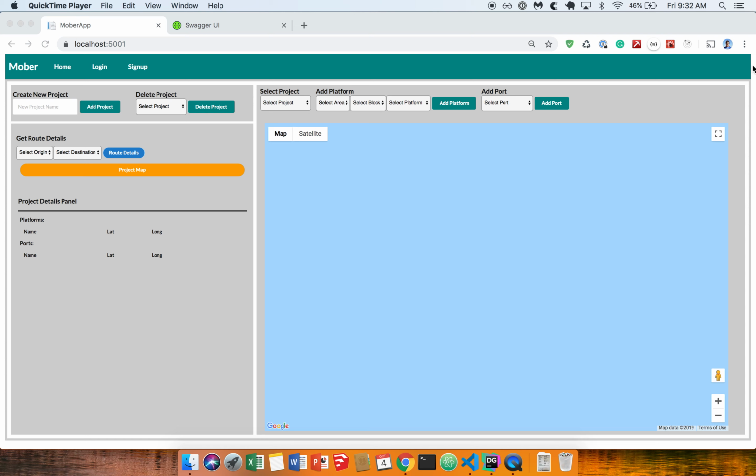My name is Brendan Brown, and I'm part of the software engineering program at Flatiron Houston, and this is my final project, Mober. It's a tool to help you calculate travel times and in turn calculate costs for mobilization, demobilization